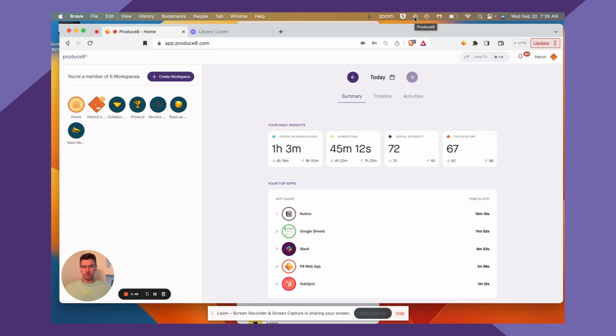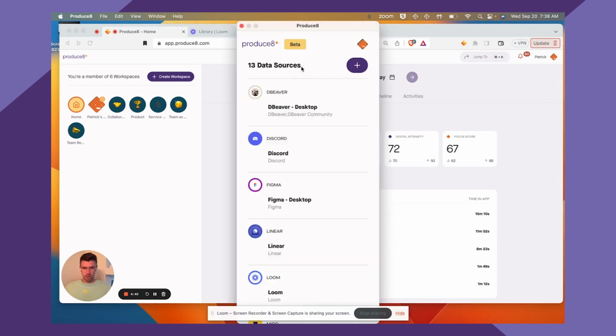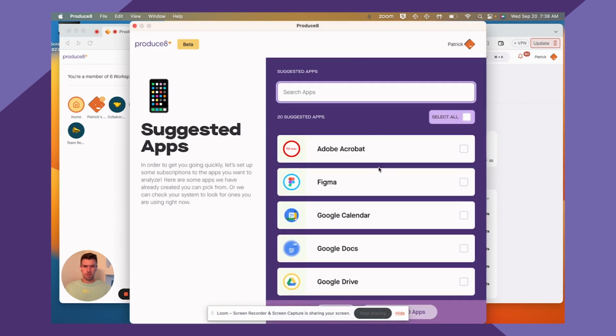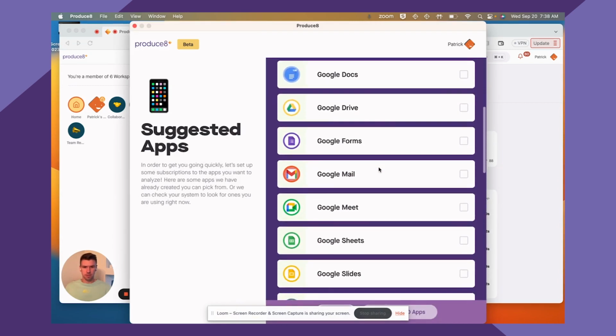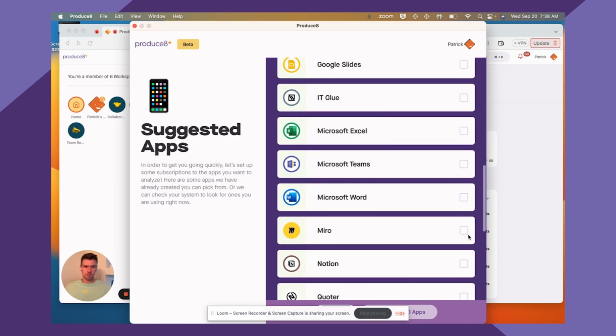First, click the Produce8 Desktop Extension icon. Once you open the desktop extension, click plus. To choose from the Catalog apps, you'll see the Catalog apps pop up here. Simply select one of them